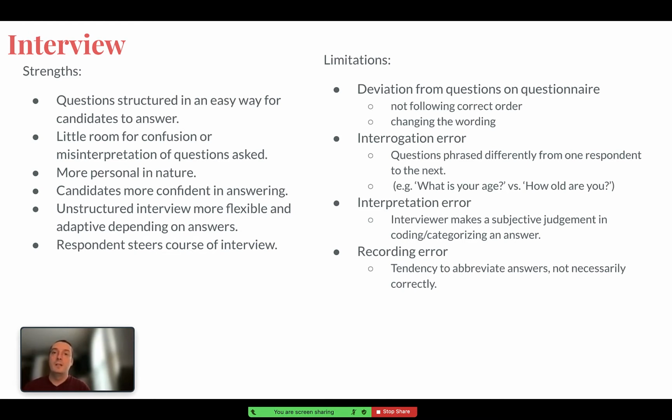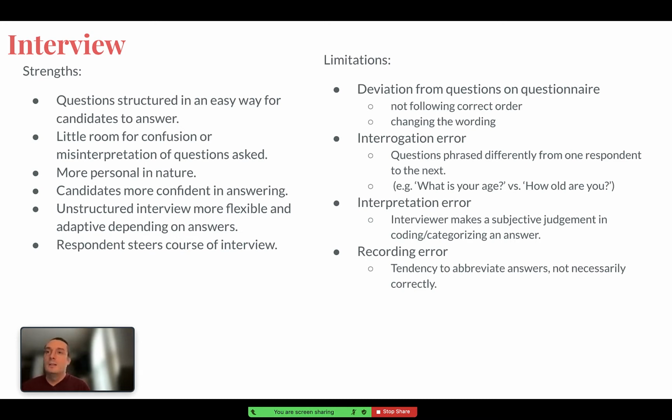Candidates are usually more confident when they're answering. And they really steer the course of the interview because it's based on what their responses are to certain questions. And again, this unstructured or semi-structured format also allows the researcher to gauge the answers and make their data more